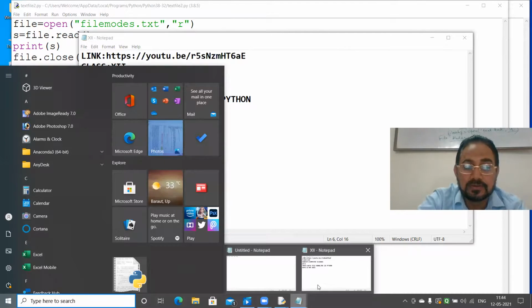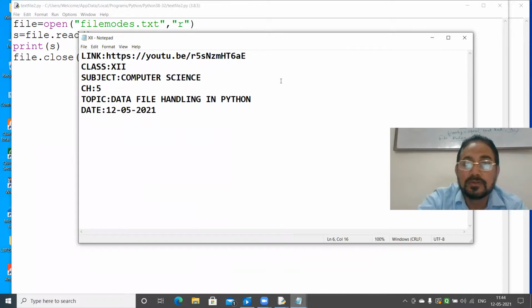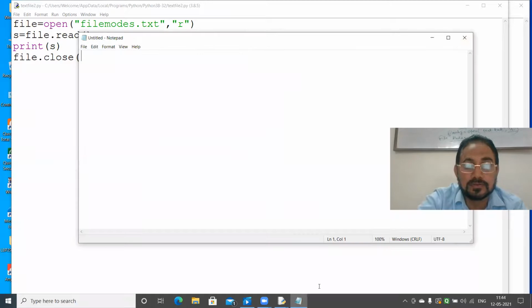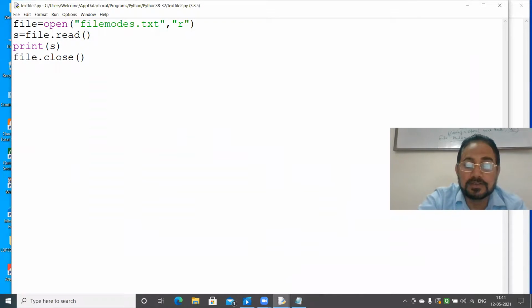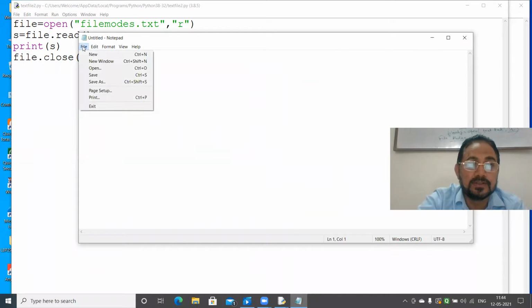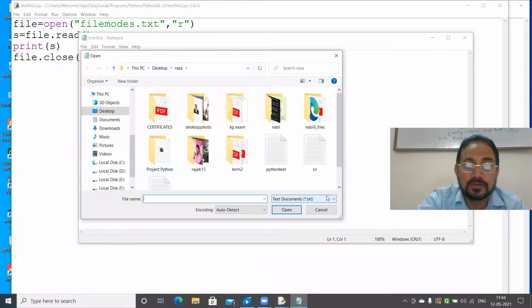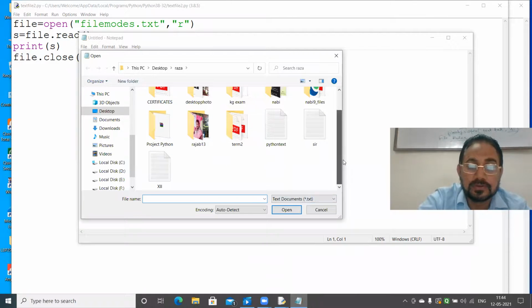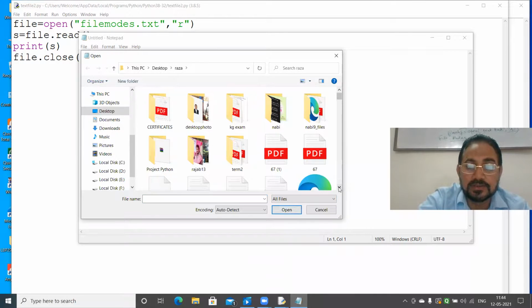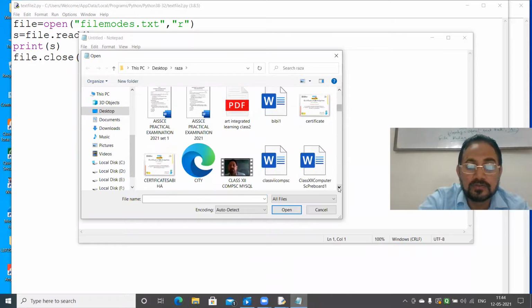Where is it going? Last recent files, if the option is there, then I will see. Okay, no, there is no recent option. Just open it. I will take all files. Maybe the extension is changed. File name. No. That means I have not saved that file.